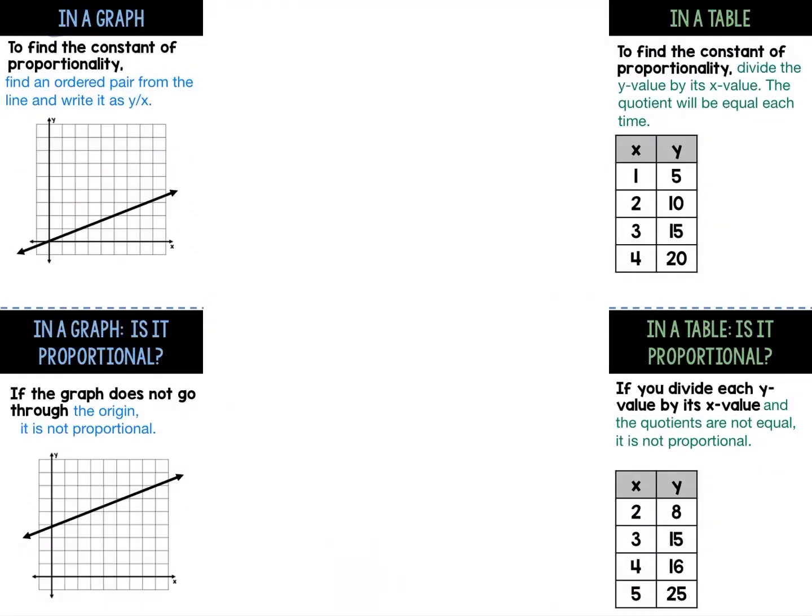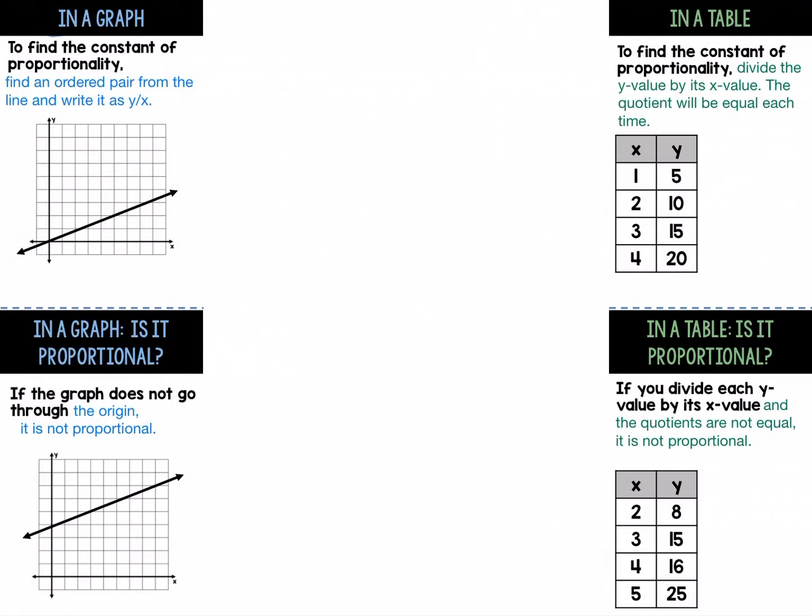Welcome to lesson 2.4. Today we're going to be learning about how to find the constant of proportionality. What number are we multiplying by x to get y? That number is the constant of proportionality. Last lesson we learned how to identify proportional relationships, and now we're going to take it a step further and, from that, write the equation and find the constant